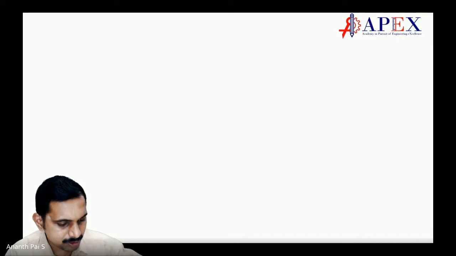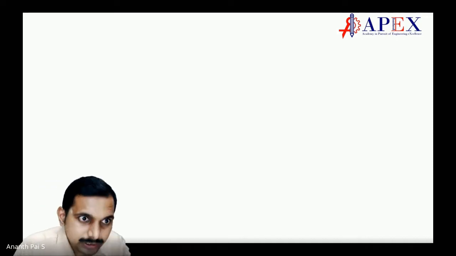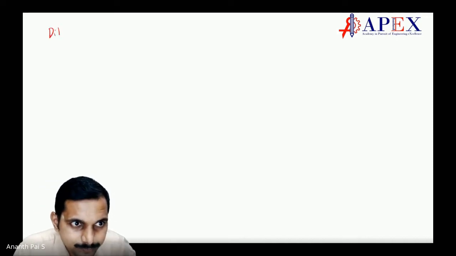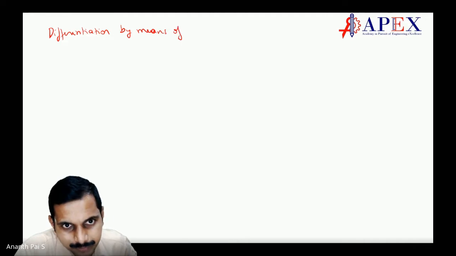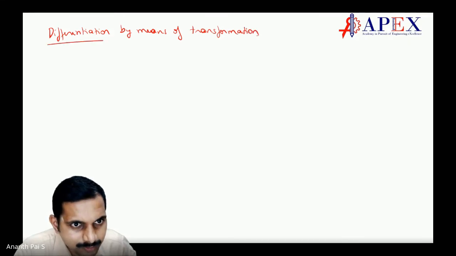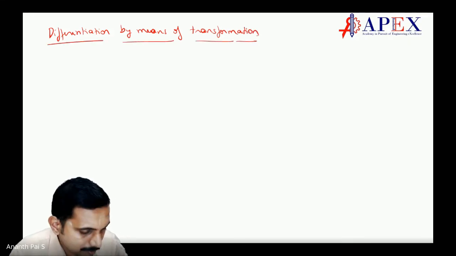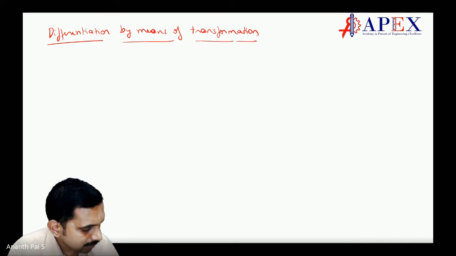Next is differentiation by means of transformation. This you know, just reviewing it. Okay. Differentiation by means of transformation. First one was logarithmic differentiation. Second one we are going with differentiation in terms of transformation. For example,